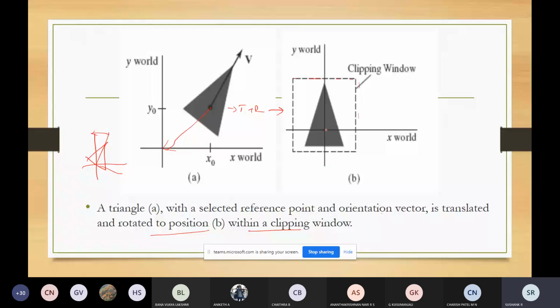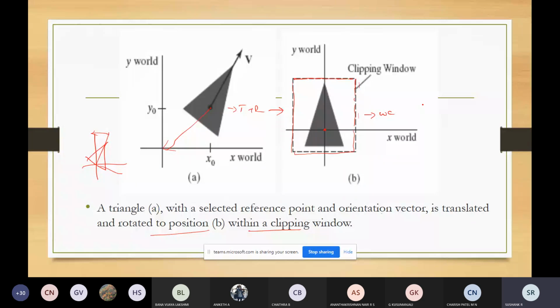The object has been translated, rotated, and brought to a position in the world coordinate system. Once the object has been brought to this position, we are setting up the clipping window, and this clipping window is in the world coordinate system. This is how the world coordinate clipping window will be set up.